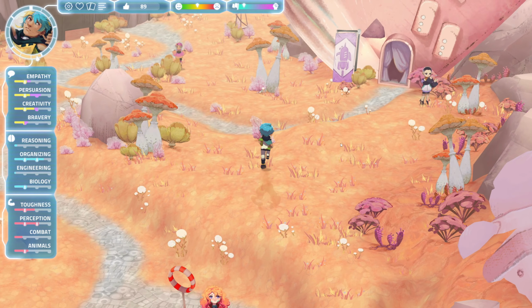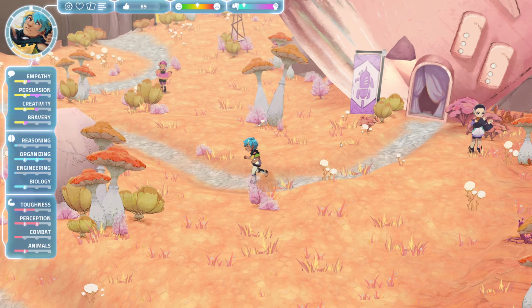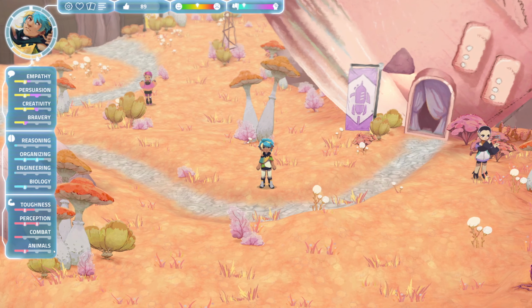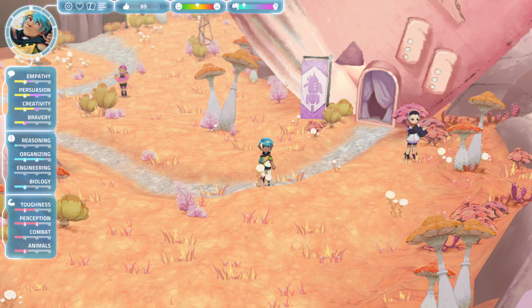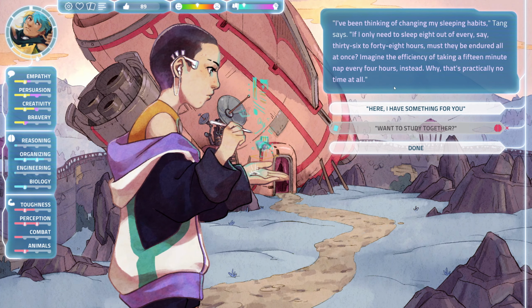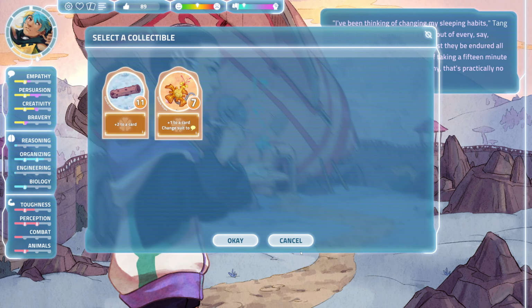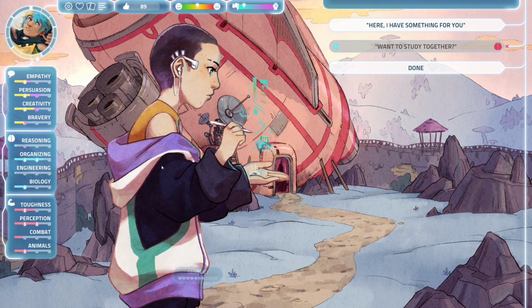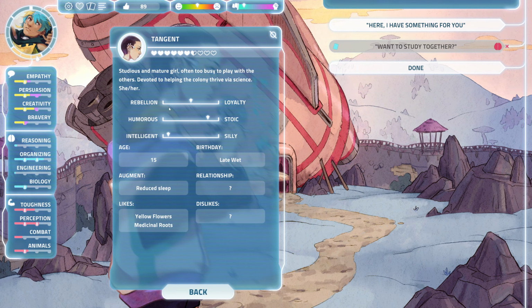I say combat instances, it's not combat. There are ones that are called combat where you use the actual combat skill, but for the most part they're just challenges is what they are. You go to talk with people, you can see we can give them a gift. You can click on any character once you see them on the left side here when you're in a dialogue screen, and this will show you a series of things that you have learned about them, as well as their likes, dislikes, their birthday if you've discovered that, their stats if you've discovered that.